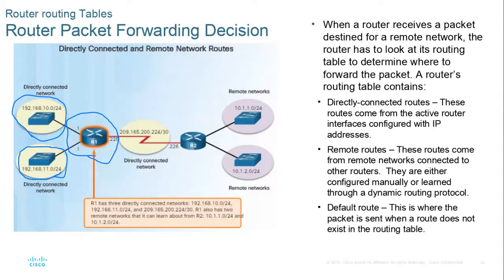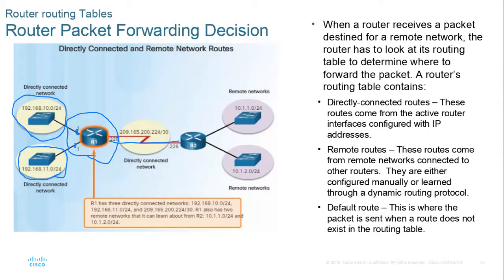So there's 2 Ethernet interfaces. This is the default gateway for the accounting department upstairs. This one down here is the default gateway for the computer science information technology department. And then there's a connection that goes to the other router that connects us to the other campuses. So 3 directly connected networks. So when a router receives a packet, he's going to look at his routing table to determine where he should